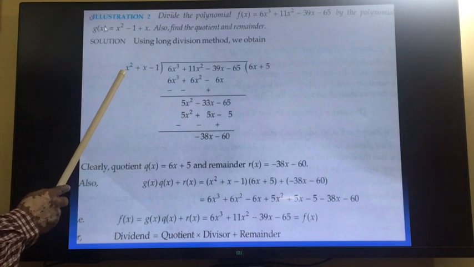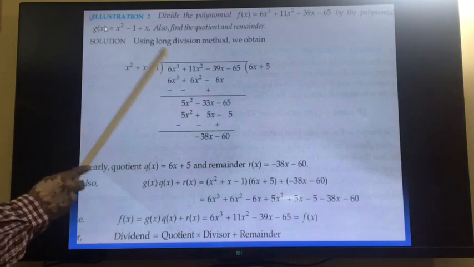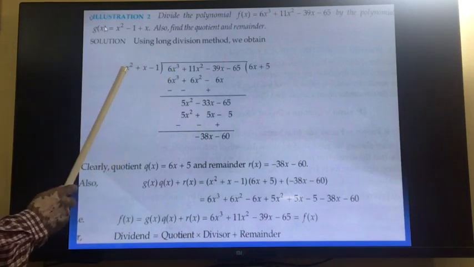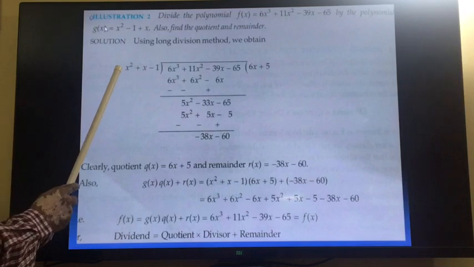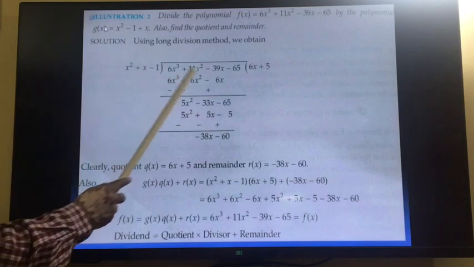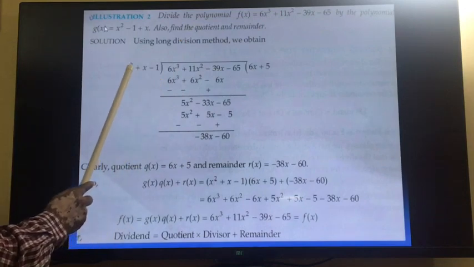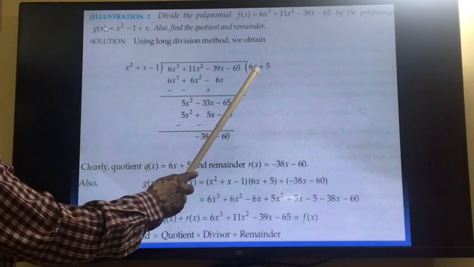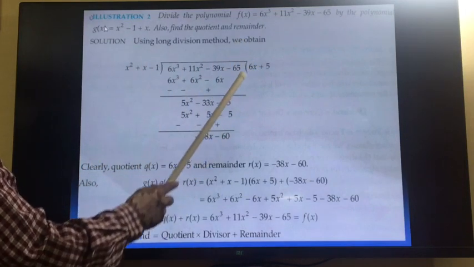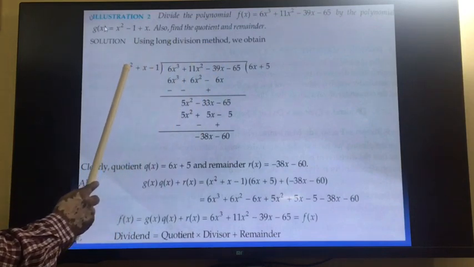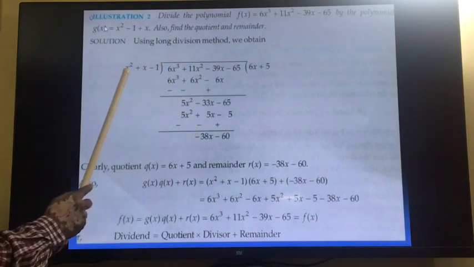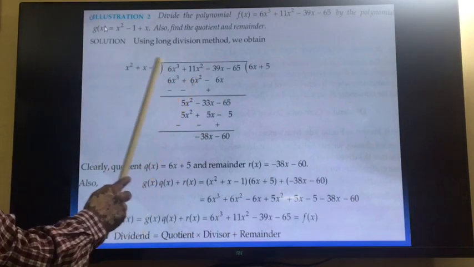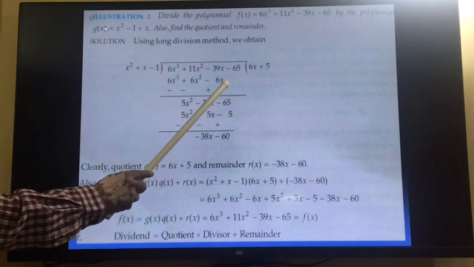After this you will see the first term of the divisor, that is x^2. Here you see the first term is 6x^3. So to bring the 6x^3 below this, here we will see the number 1. This number 1 you will multiply by 6 to get 6, so here you will write 6. Now you see the power of x here is 2, but we want the power 3. So one more power is required, so we will write x also. So first of all we will write 6x. Now by this 6x we will multiply all three terms. So 6x into x^2 will become 6x^3, plus 6x into x will be 6x^2, minus 6x into 1 will be minus 6x.